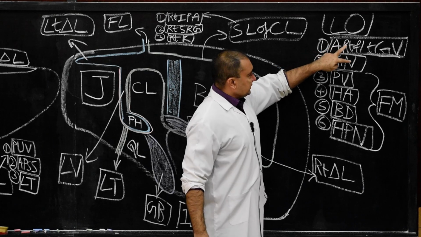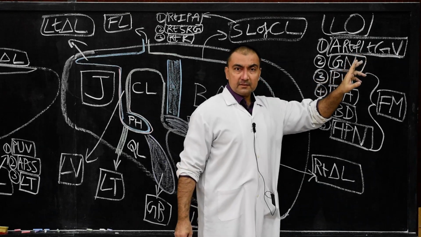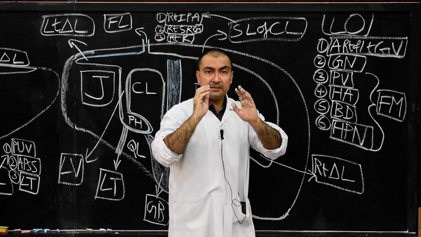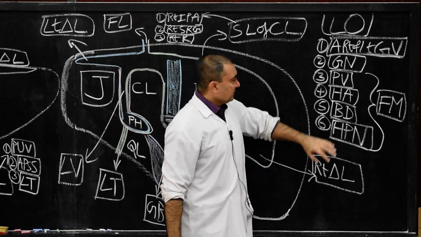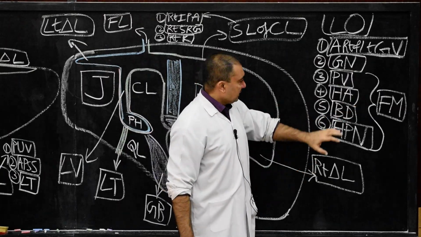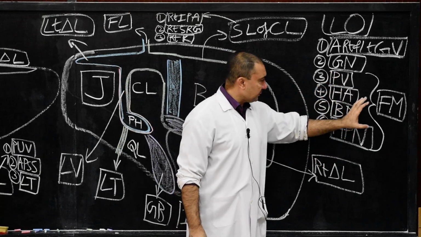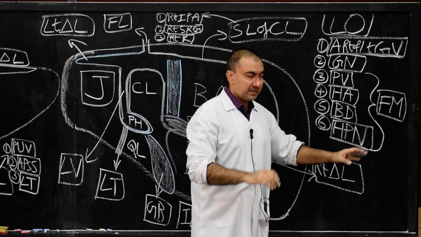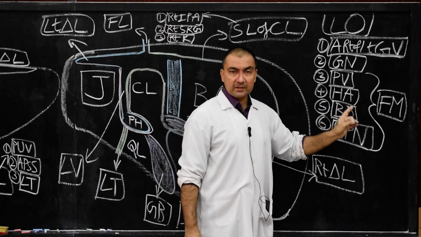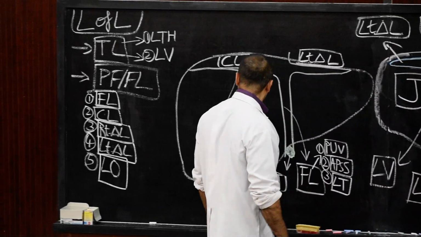And the upper two contents, anastomosis between the right and the left gastric vessels and the gastric nerves, are present where? At the inferior margin of lesser omentum, at the lesser curvature of stomach. And the lower 4 contents, portal vein, hepatic artery, bile duct and hepatic plexus of nerves, will be present in the upper free margin of lesser omentum. So altogether there are 6 contents of lesser omentum. Frequently asked MCQ or 1 mark question answer. Please note down.